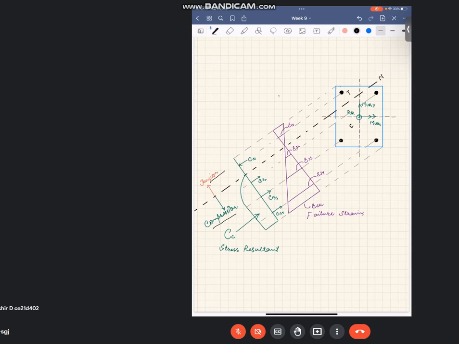Here you can see that our column was primarily a compression member, but when biaxial moments act on it, our reinforcement is now helping in taking the tension as well. If this rebar would not have been present at this section, eventually this section would have collapsed here. There would have been intensive cracking and later it would have collapsed because of high tensile stresses there. That's why you can say that in rebars in